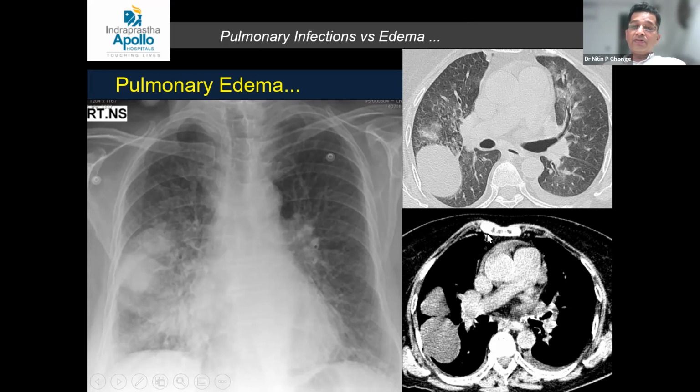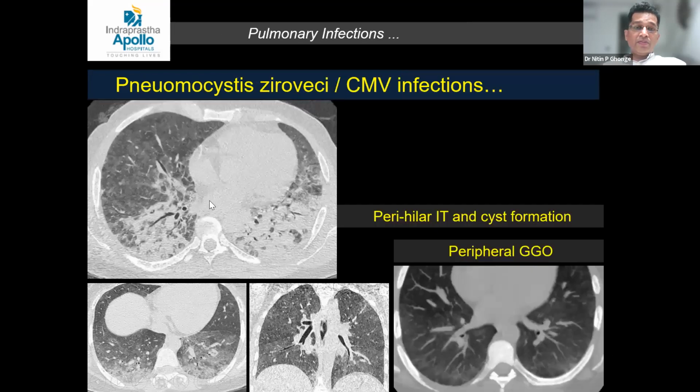This is loculated fluid which can be seen, and then we can see the smooth interstitial thickening because of the pulmonary edema on both sides. Pneumocystis infection, Pneumocystis jirovecii, or CMV infection can be seen as ground glass appearance on these images, while this is a Pneumocystis infection where we can see lower lobe predisposition, perivascular cystic areas with interstitial thickening in the